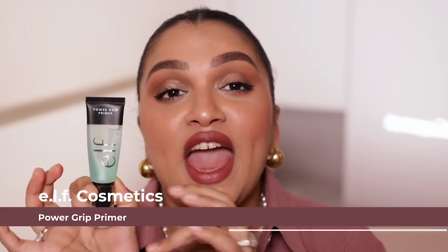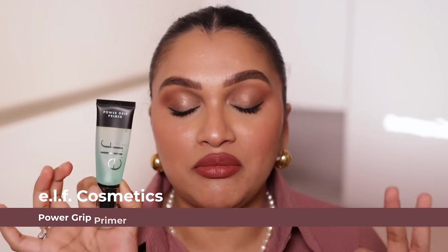I use this every single day before I do my makeup because it just does not make my makeup budge. It is such a good primer. Firstly, it's a little bit more on the sticky side, but it does have a little bit of a cooling effect, so you're not gonna feel very icky about it like silicone primers. This actually has that cooling effect, and the only thing that makes it different from the other primers is that it literally grips onto your foundation and your concealer. Like your concealer is stuck to your face and it's not going to move throughout the day,